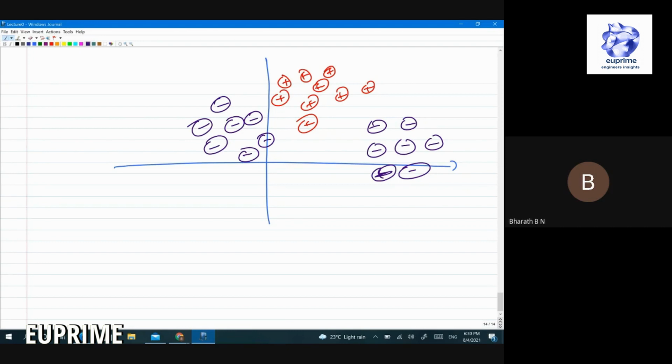Suppose you were looking at this, let's say, way back in the 1950s, just after Rosenblatt proposed the idea of neural network. So suppose you were to do the classification here, what is it that you do? Somebody answered curve, right? So yeah, we can do something like this. A very complicated curve,